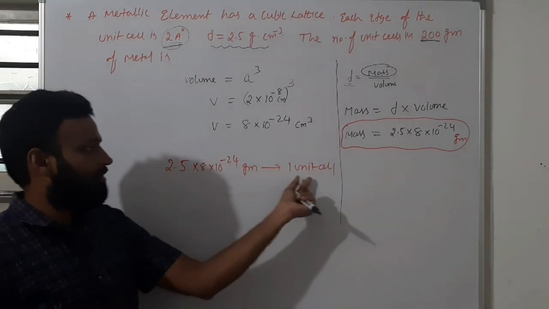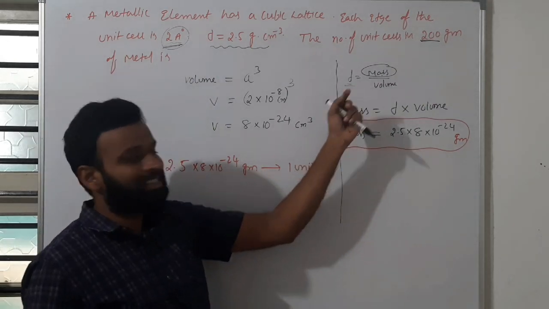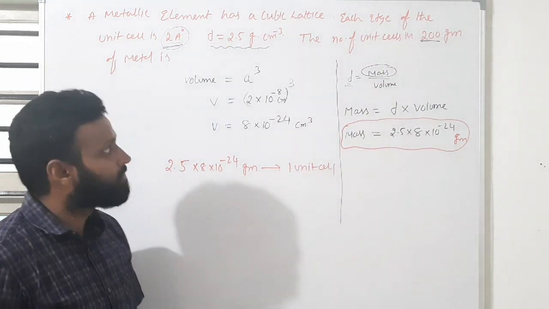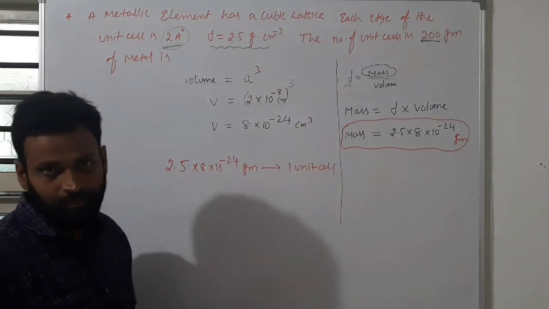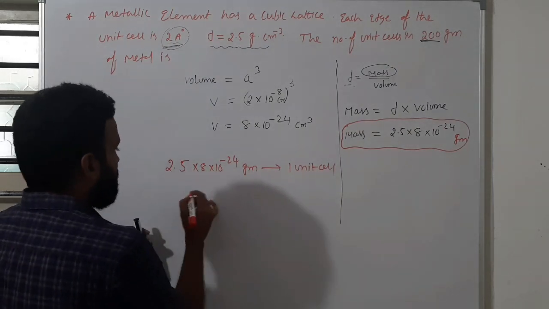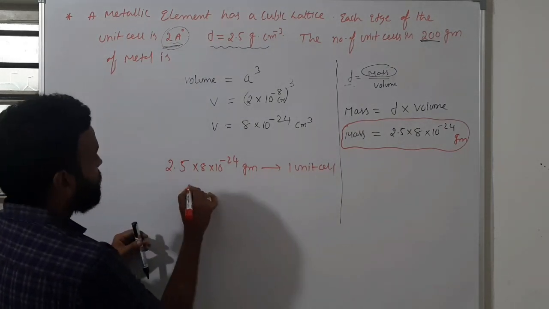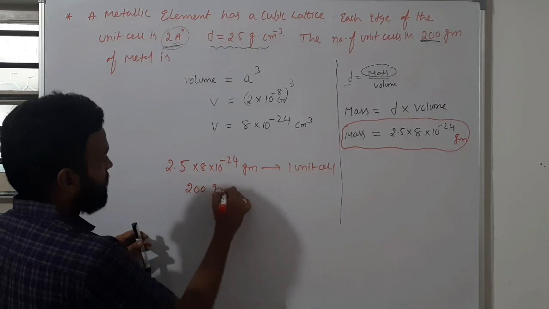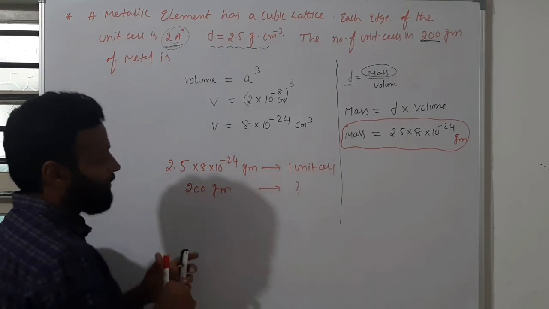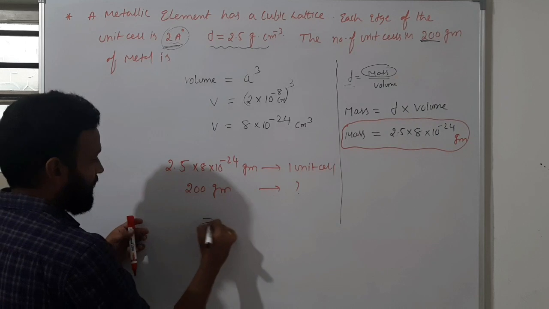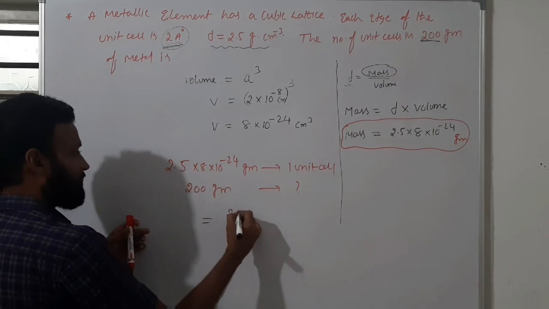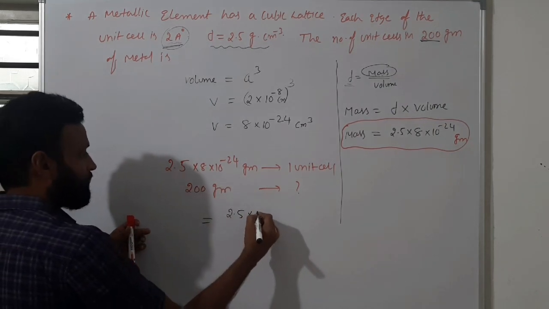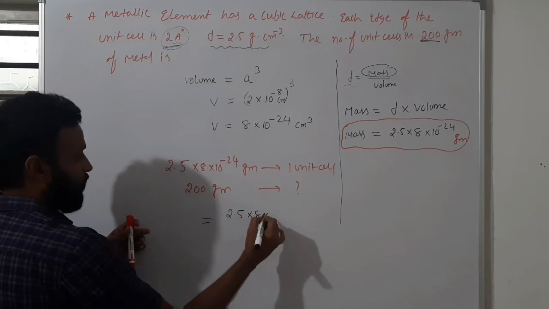Because this is the mass of 1 unit cell. Because this is the density of 1 unit cell. Density of unit cell given. Okay. So here, for 200 grams, how many unit cells? This is the question. So finally the number of unit cells you will have as 2.5 into 8 into...